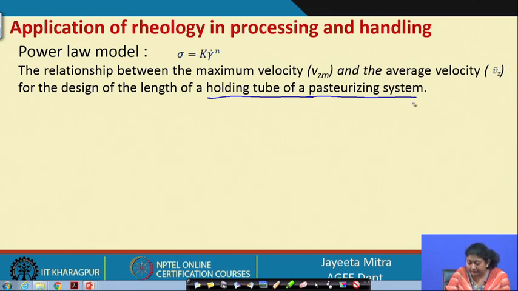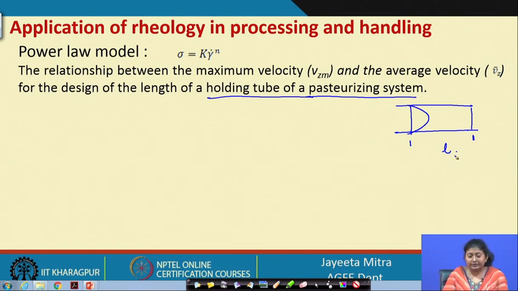So, in the tube section, if your flow is the most common behavior, a parabolic flow, and then there is a certain point to a certain point, that is the length of the holding tube. Okay. So, your liquid food has to pass from this point to this point, and it should stay there for the required length of time, so that the farthest area of the product can be heated and the target microorganism will be killed, as the aim would be, right.